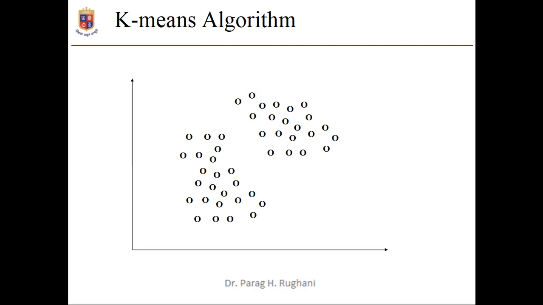So in this session, we will try to understand the k-means algorithm. Let us start with the plot where you have two clusters and you have to identify the number of clusters while you start your algorithm. In case you are not sure how many clusters there are, then we will see another technique where you can start with a random number of clusters.